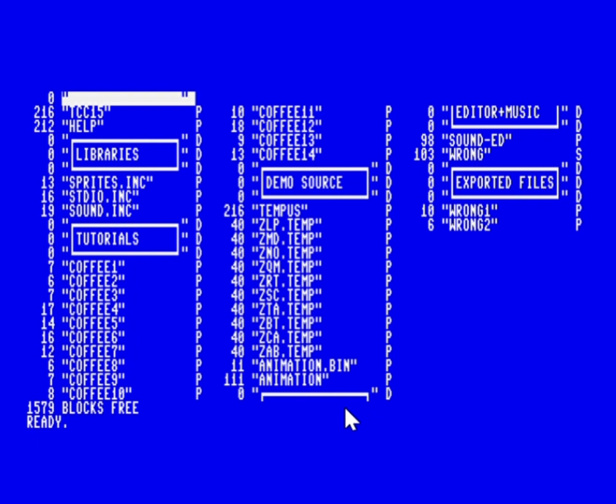And then we also have the sound editor with the music file wrong, and we will take care of that a little bit later. For this video, I decided to use XEMU, which makes it much easier for me to record the video. I have a tip for all those who use the Coffeebreak Compiler within XEMU and not with the MEGA65. The functionality of page up and page down of TCC is controlled with the F9 and F11 keys, as it is in BASIC. However, these two keys have other functions in XEMU,